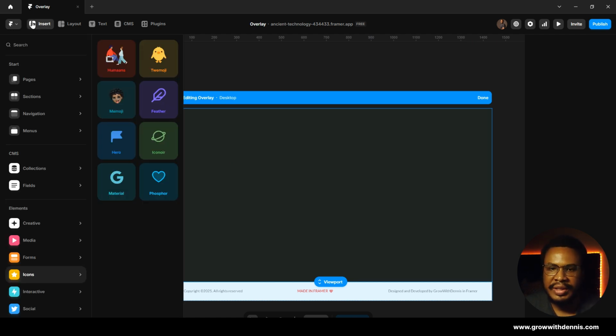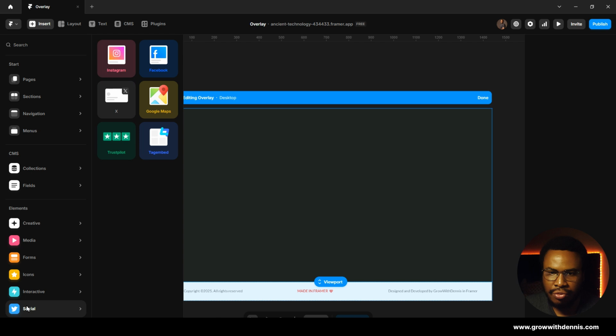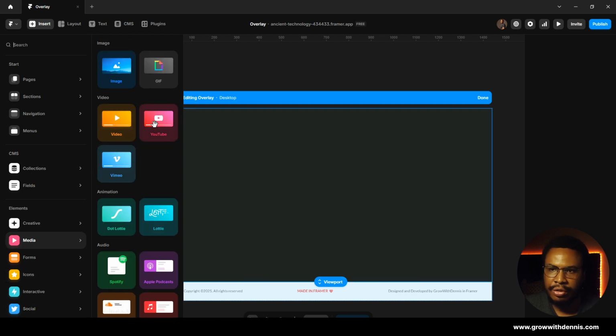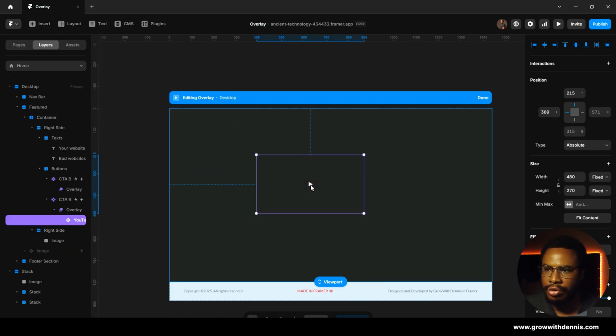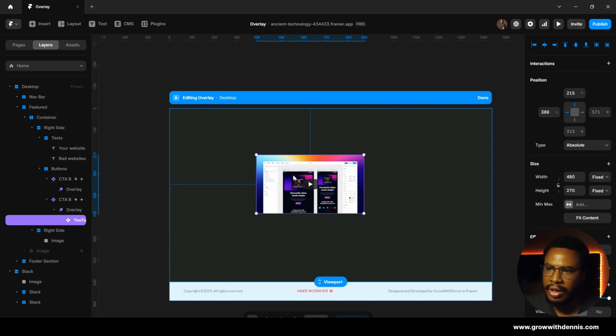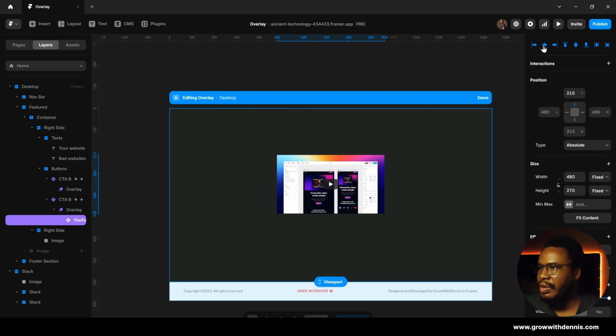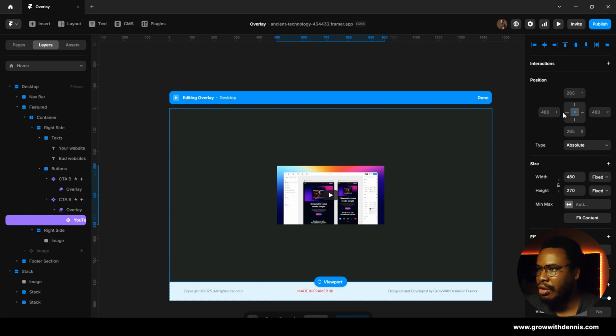So let's go to insert and go to media, where you see your YouTube. Then you drag your YouTube onto the overlay. So the YouTube is already on the overlay. We center it as usual, so that it is just centered and not pinned to any direction. Always ensure that it's not pinned to any direction, because if it's pinned to a particular direction, it's just going to be there. Let's say we pin it to